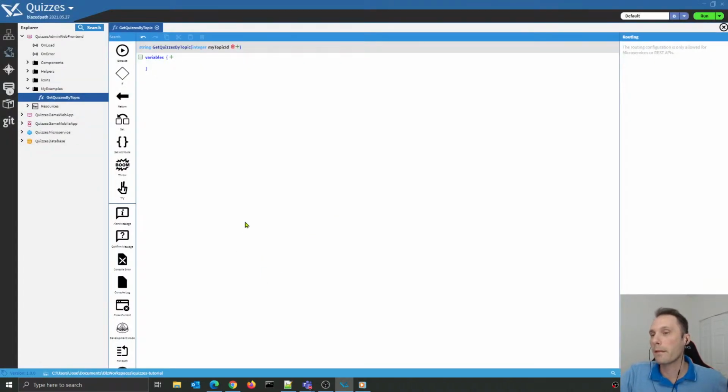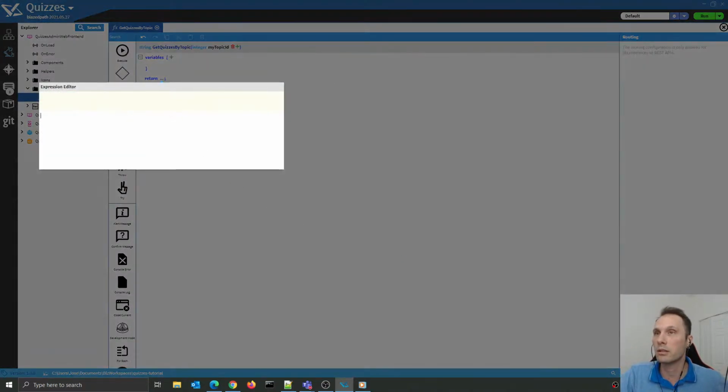So what I want to do in this function is to return a value, and this value is going to depend on the expression I write on the three dots in here. This is going to just execute an expression and return the value of the resulting expression to whoever called the function. So I'm going to click on the three dots and start writing in here